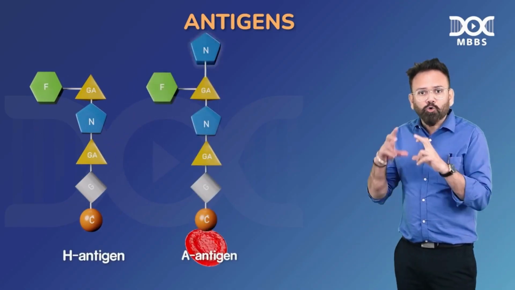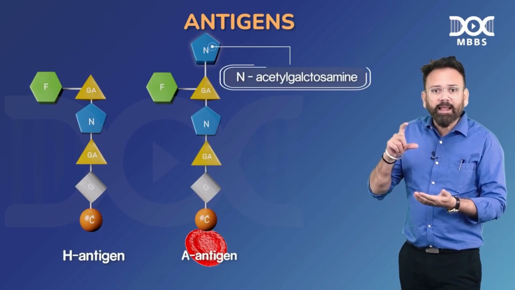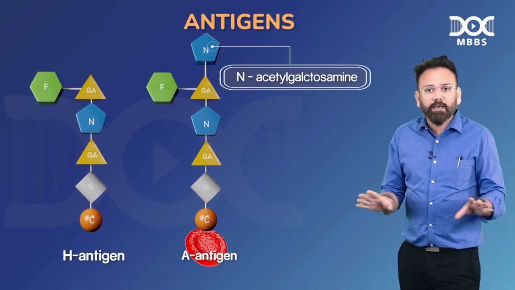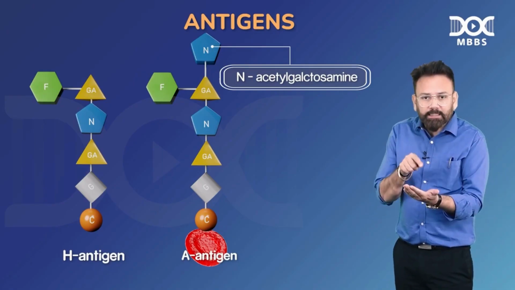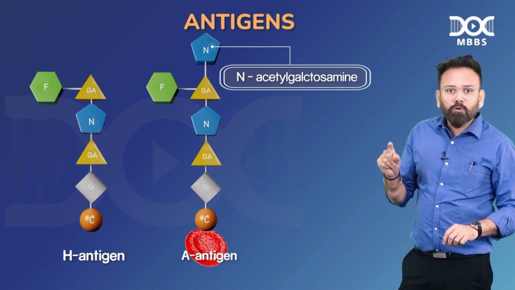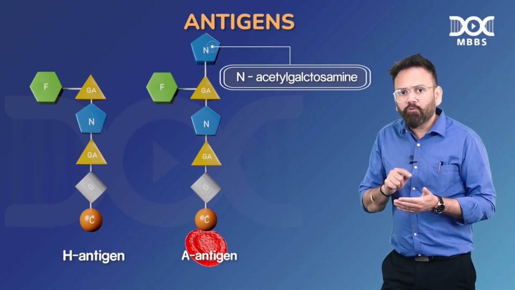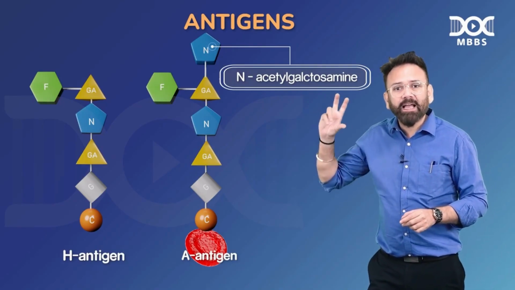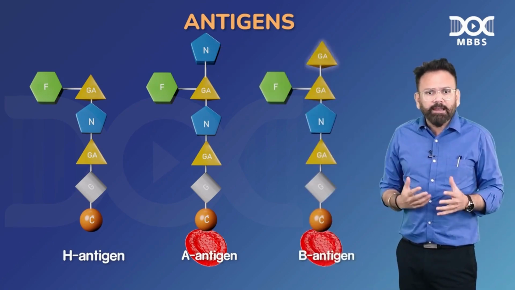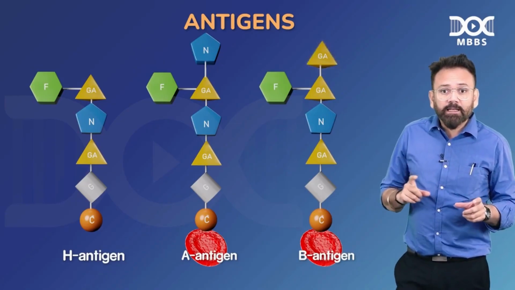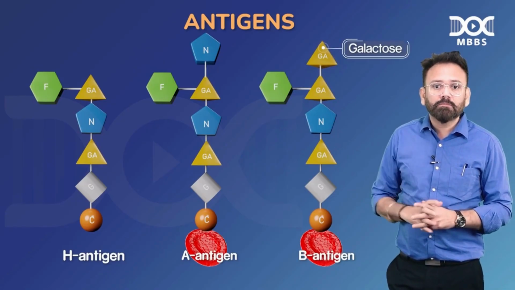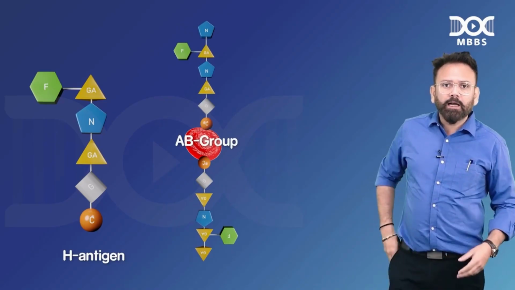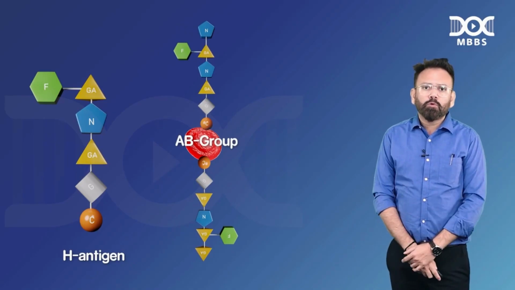So, A also expresses terminal N-acetyl galactosamine on this H antigen. So, H is there on A also. But this A blood group will have more what? This A agglutinogen will express terminal N-acetyl galactosamine on the H antigen. And type B will express a transferase that adds a terminal galactose. An individual who has both of these is AB blood group,